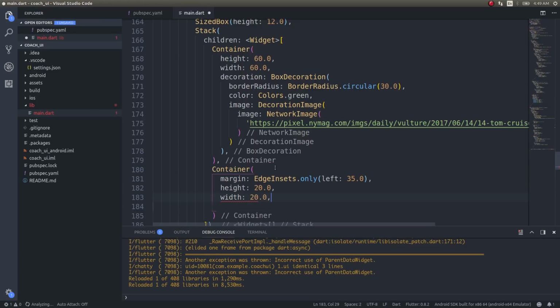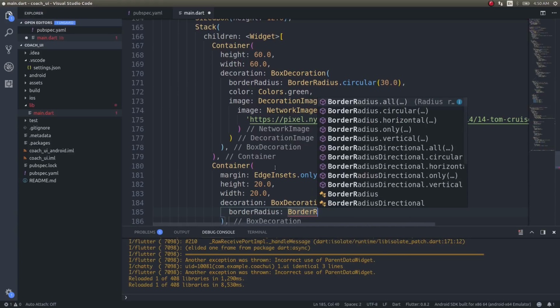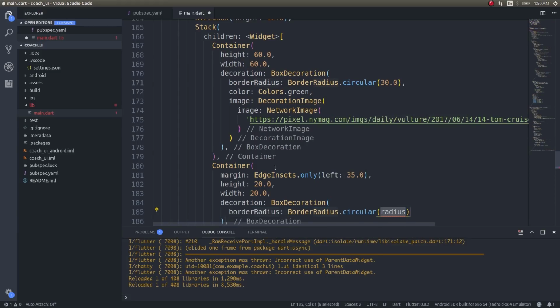Sorry, it will exactly be similar to that specific circle, right? Box decoration, border radius, dot circular, 30.0, and